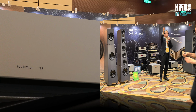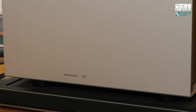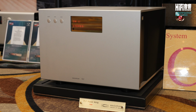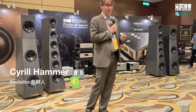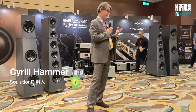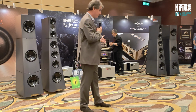Hammer. I just want to tell you a few new things about our new power amplifier, the 717 in the system. That's a complete new design. It's an overhaul from the old second generation. There is maybe no 2 parts the same in that amplifier than it was before. Of course, this design philosophy of the amplifier itself, Soulution, remains the same. So we just follow the same ideas, but we go 1 step further, which means that this amplifier, instead of